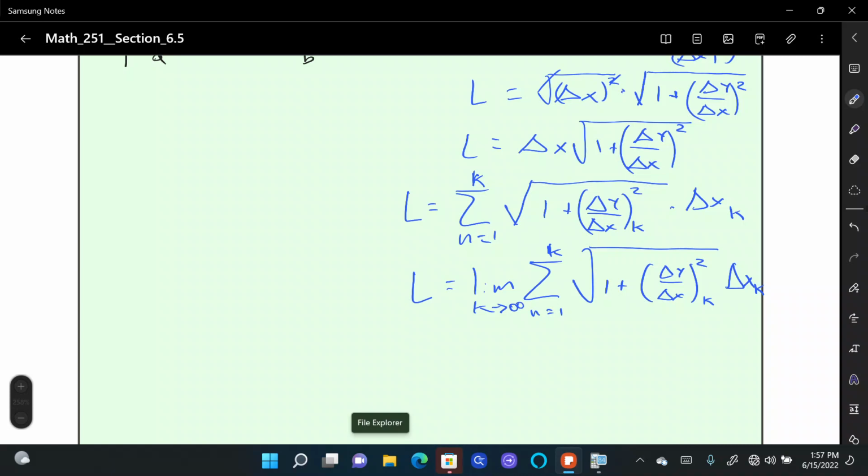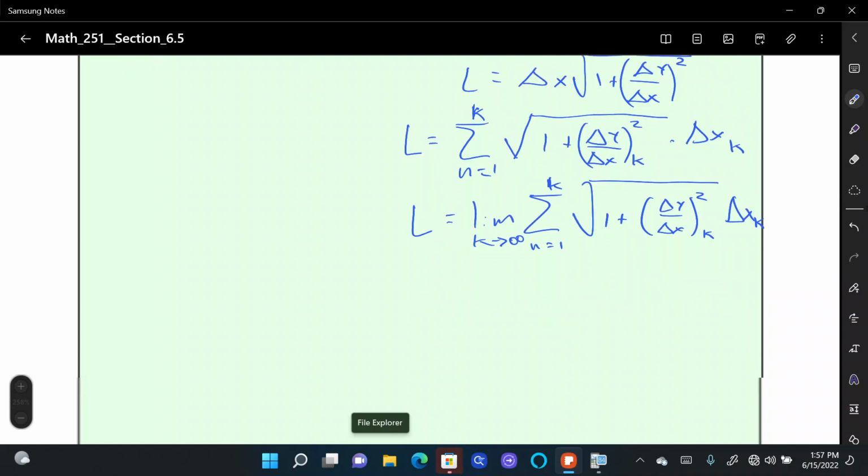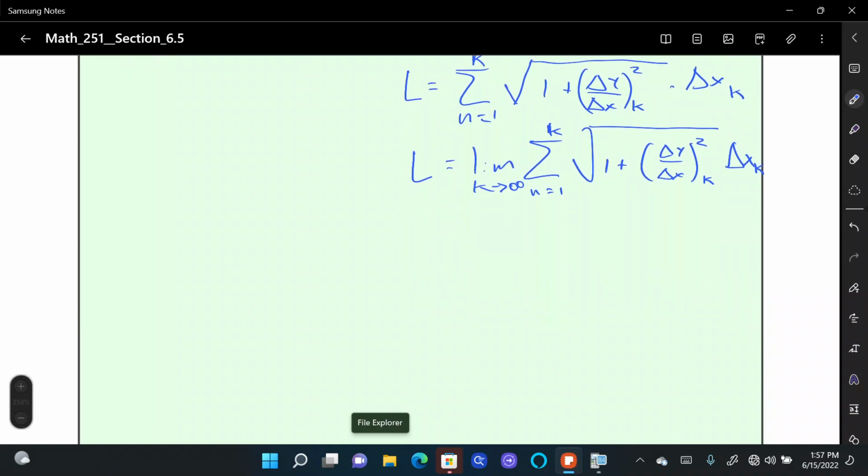Well, now that we're using a limit approaching infinity, we can just turn this into our integral from a to b